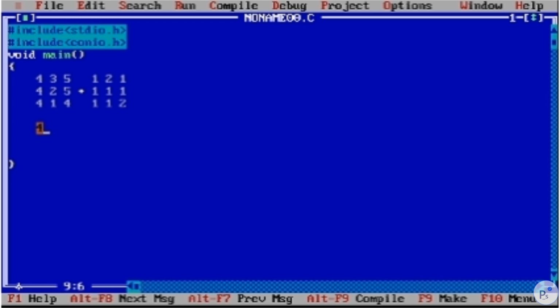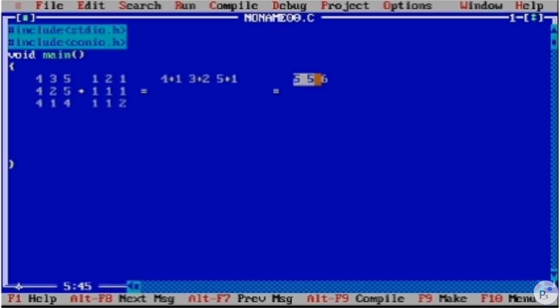4 plus 1 for the first column, 3 plus 2 for the second, and 5 plus 1. In this way the addition is formed, this plus this. So the result will be 5, 5 and 6.